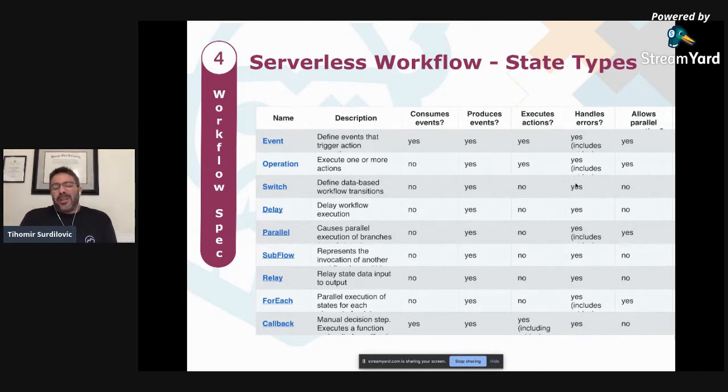So this is basically function invocation. A switch state is kind of basic gateways. The specification currently supports both data-based and event-based gateways. Parallel state is where you can define parallel execution of branches, things like that. So you can look at the specification and see what each state does and how you can use it within your orchestration.